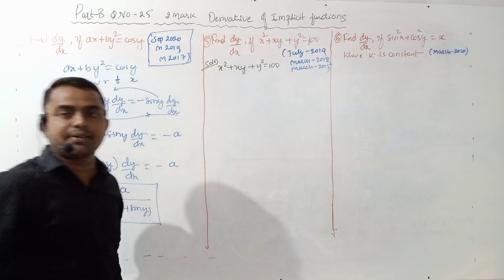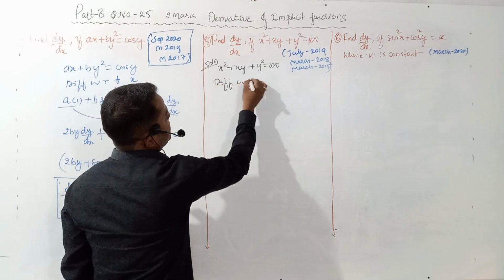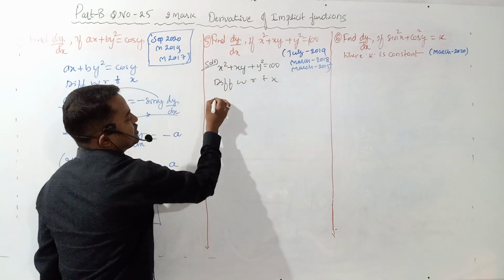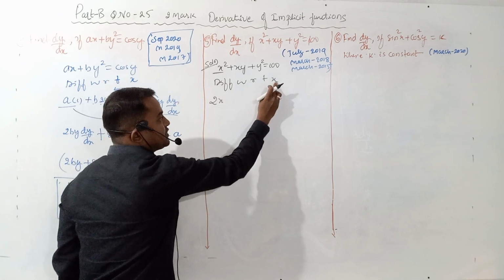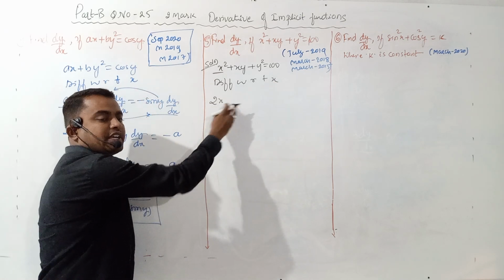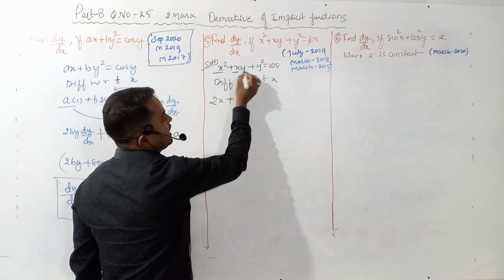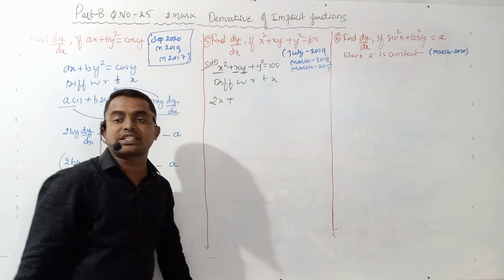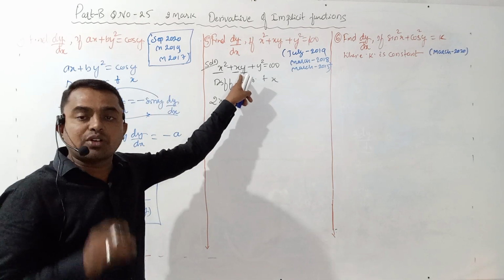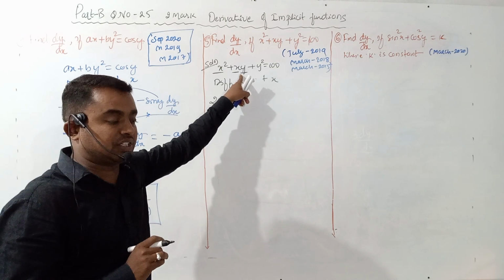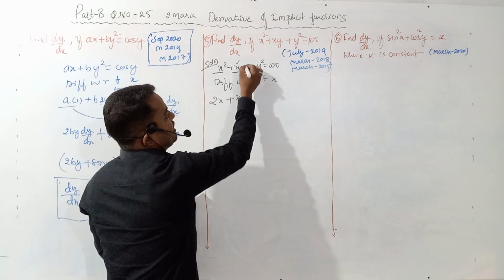After writing the first step, differentiate with respect to x. Derivative of x square is 2x. Derivative of x with respect to x is 1, 1 into 2x, 2x. Plus, product rule we are applying here for x into y, because it is in product form. We have to apply the product rule of differentiation. First function is x, x as it is